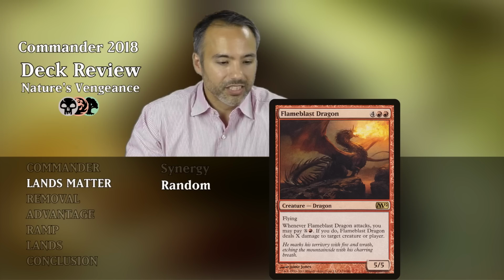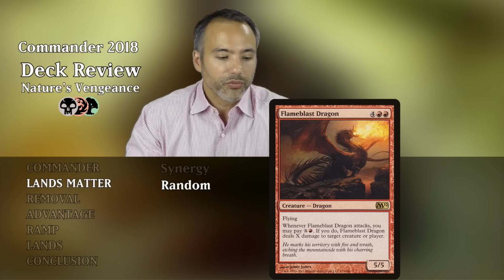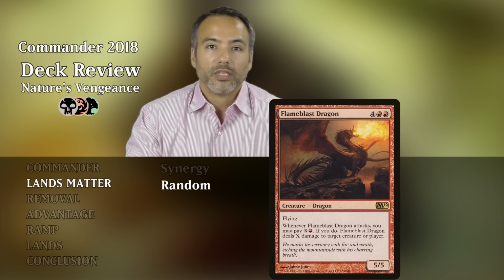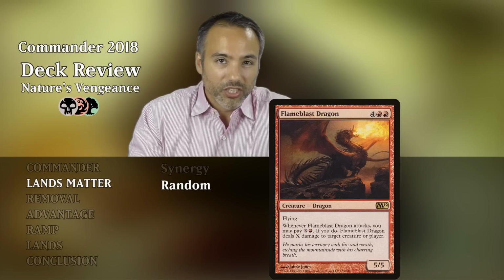Flame Blast Dragon is next for 4 and 2 red. It is a 5/5 flying dragon. And whenever we attack with this card, we can pay X and our red, and then we're going to be dealing X damage to target creature or player. It's pretty cool. You can attack. It's kind of got removal. However, we have decided to swap this card out because we found a card that I think would do a little bit better in this deck,